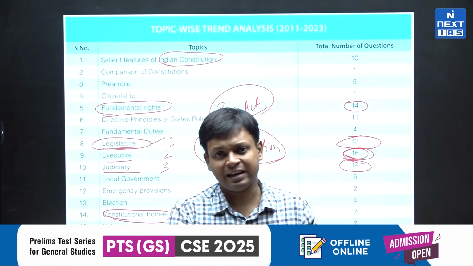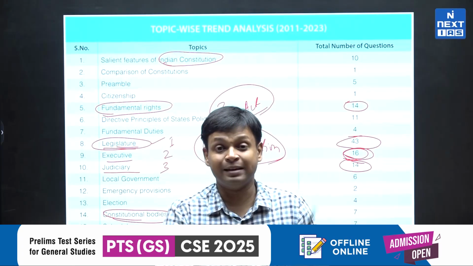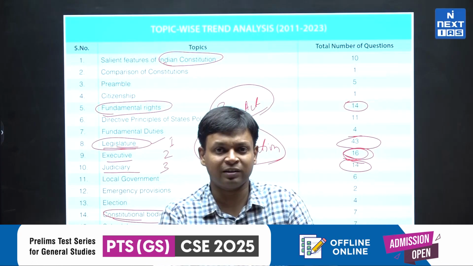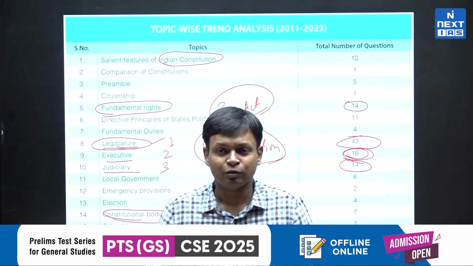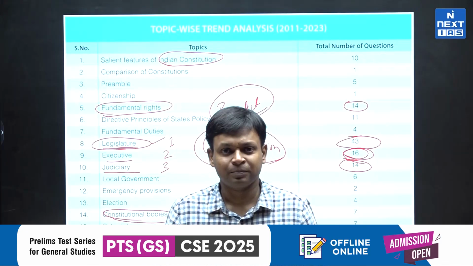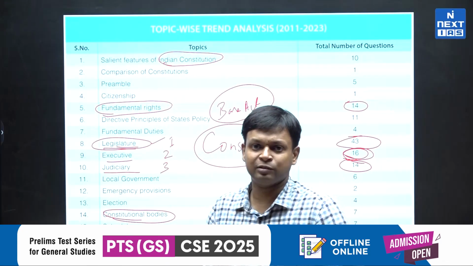ठीक है? टाइम है तो हम सब कुछ कवर करेंगे. टाइम कम है, किसी ने बहुत लेट प्रिपरेशन शुरू किया, if you have started now and you are aiming at 2025, you already are pressed for time. So what is the possibility? You have to prioritize. So when we prioritize, we are looking at it in this manner.